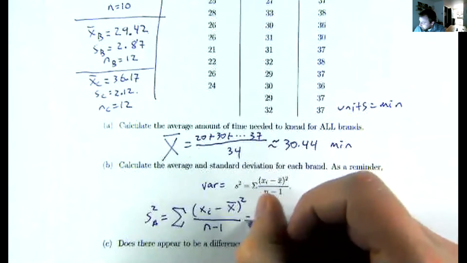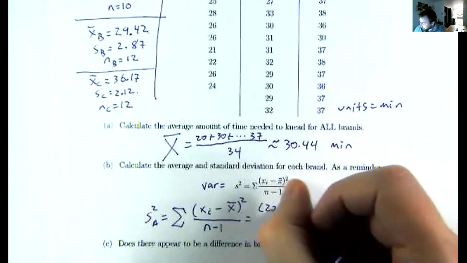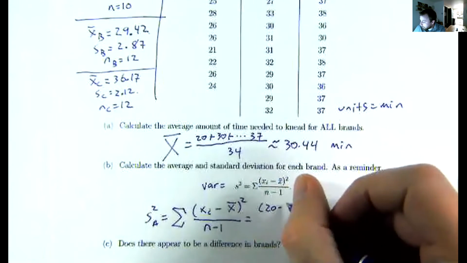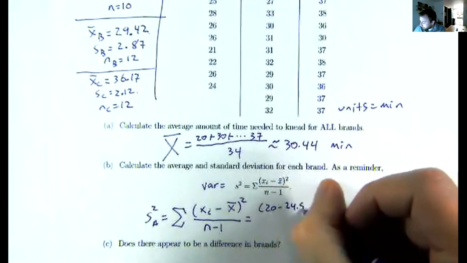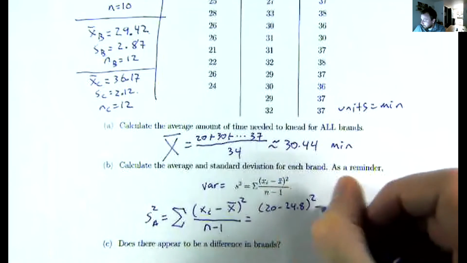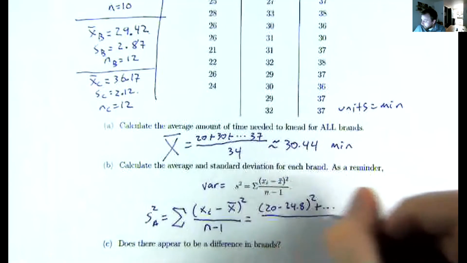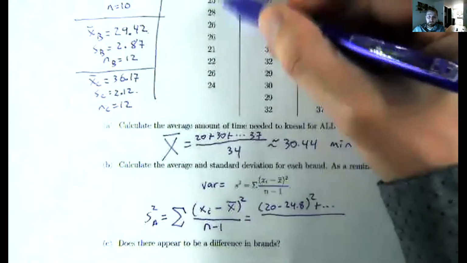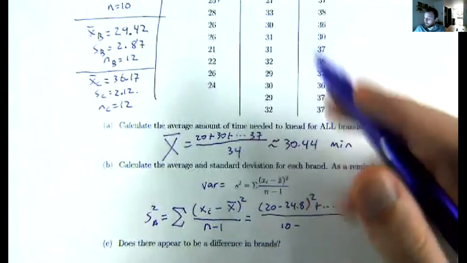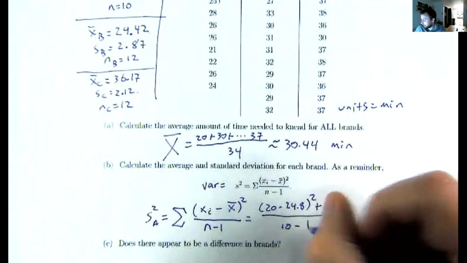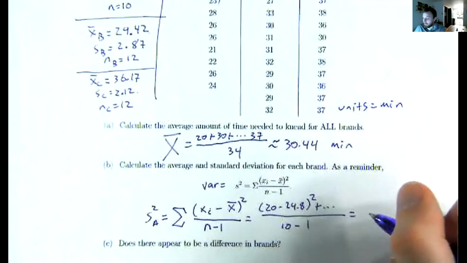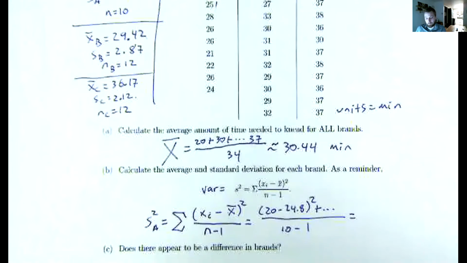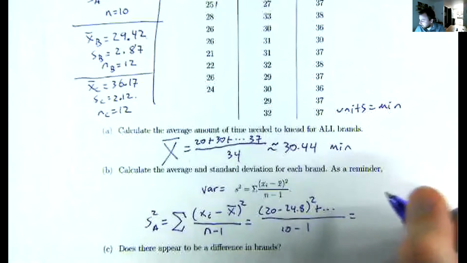So for this calculation, I had 20 minus my average for A was 24.8. I add all of those up. I counted out the number of bread. I had 10 types of bread that I made using Arthur's flour. 10 minus 1 gives me a denominator of 9. When I did this division, I ended up getting something like